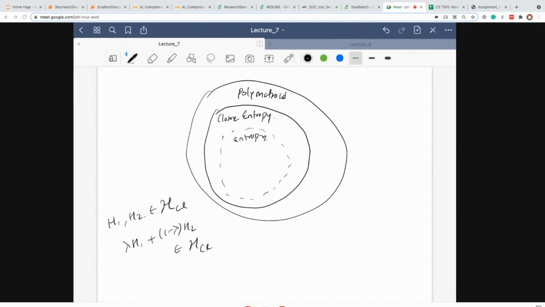Now, one interesting characterization is which classes of polymatroid functions fall within entropy and which do not. I think this is a very interesting theoretical question. It turns out that the facilitation function lies within this, and the set cover function also lies within this. It turns out that there is a simple function which is a truncation. Maybe I'll use another color here.